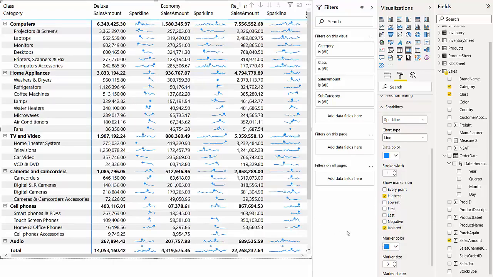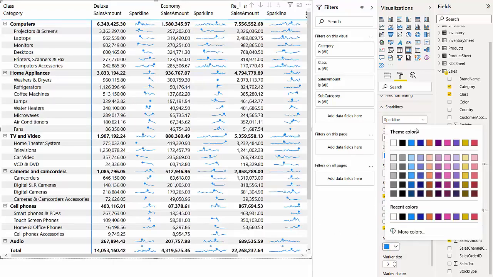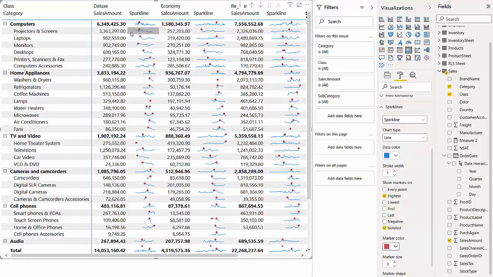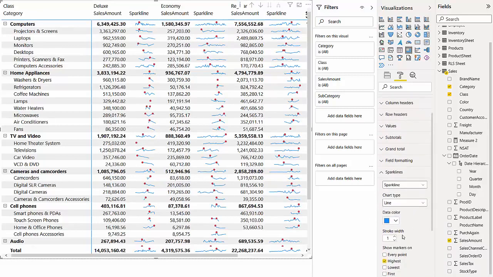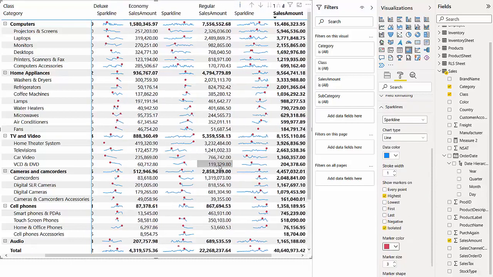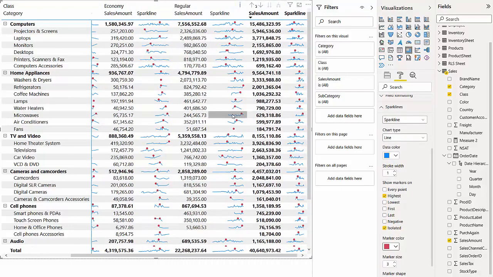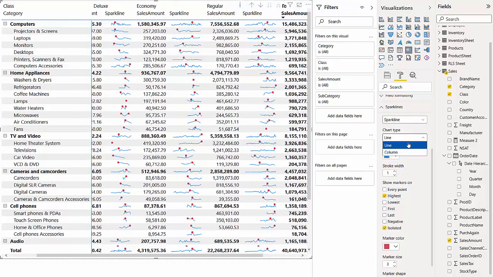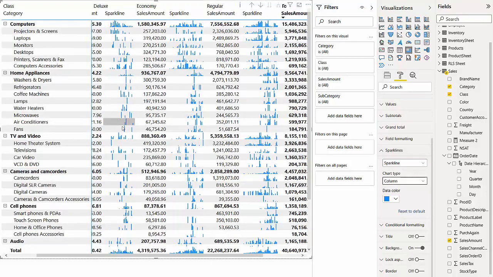So I can click highest, and then I can make it, let's say, red, and say this is my highest point. I can change the marker shape, I can adjust its size, and I can change the colors of the lines. So I can format my sparklines in a variety of ways, and as we move through preview, we'll be adding more formatting features as well. I can also change the type of chart. Instead of a line chart, suppose I want a column chart. Now I can. And of course,